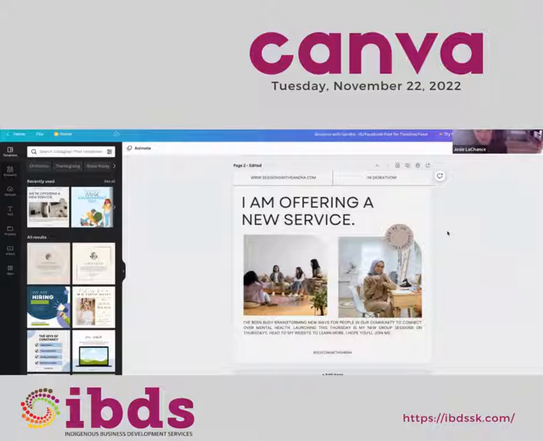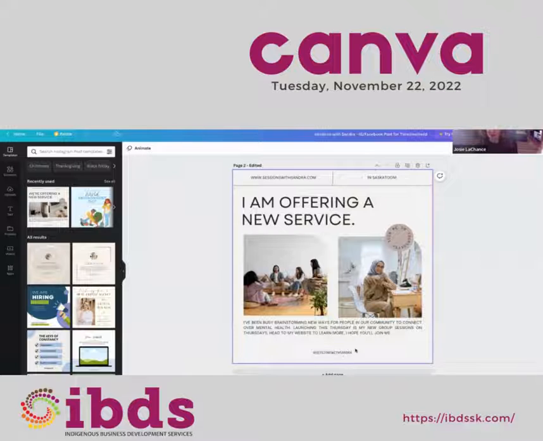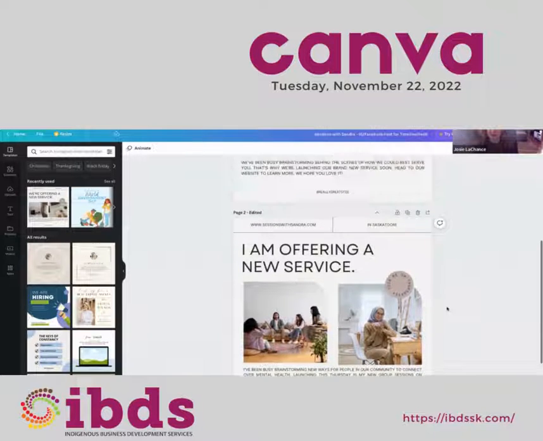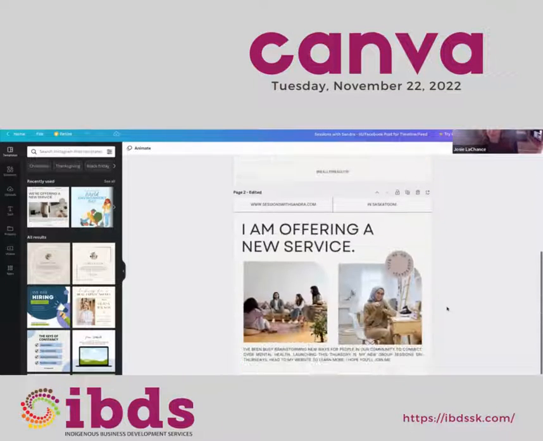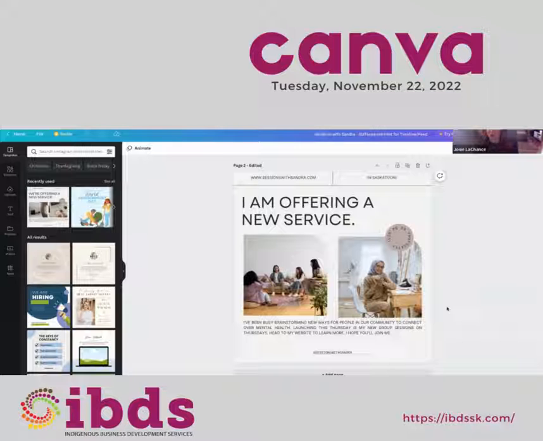I have the images in there, and then I have a little bit of a blurb that sums up my program that I'm offering. And then I have my Instagram handle. So this is exactly the same as the template, except I just swapped it over for my information.